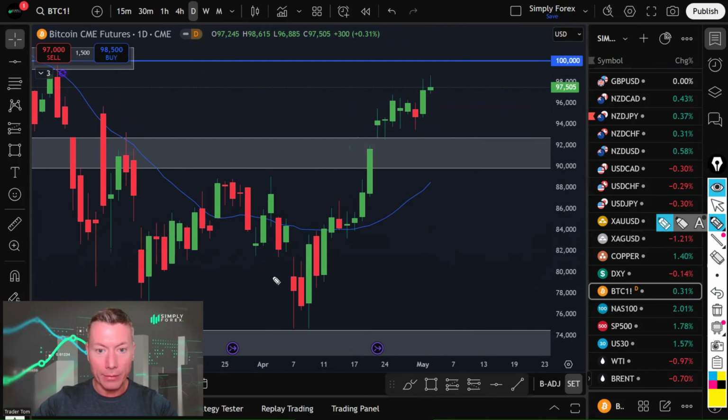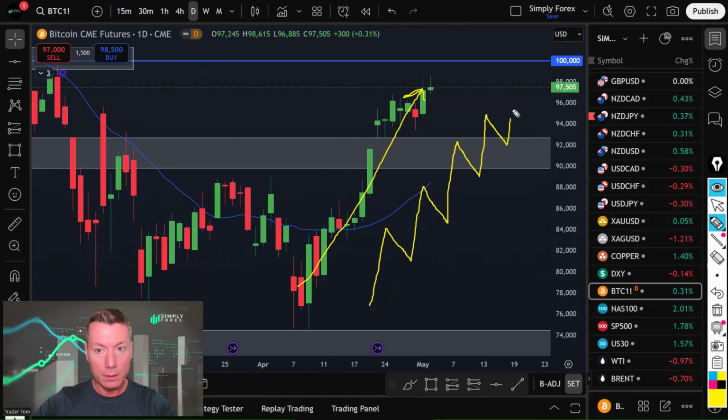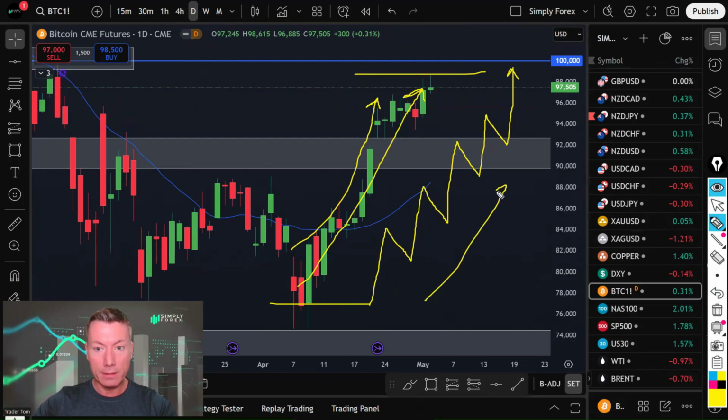Now, the problem with this is it's just, if we go to the day chart, when a market trades like that, it's very difficult to trade, right? When you have a chart that goes like this, it's easy to trade, right? It ends up at the same spot, right? Starts at the same spot, but that is very difficult to trade. This is easy. You just buy when it retraces, right? I always talk about this area of value. This is what that represents, areas of value.